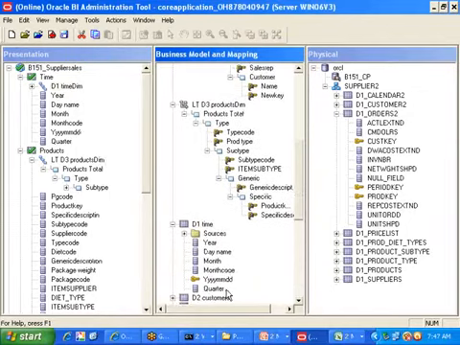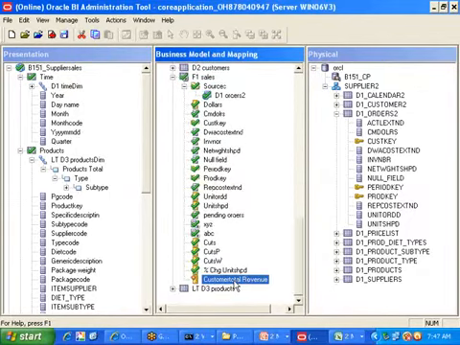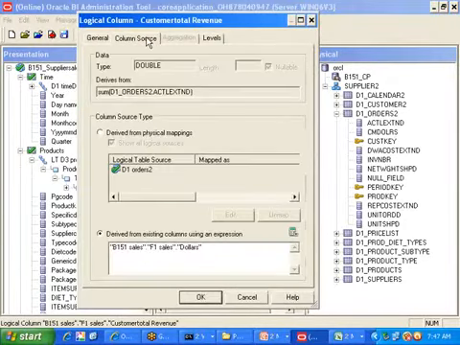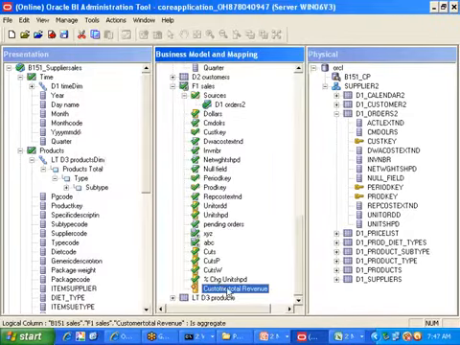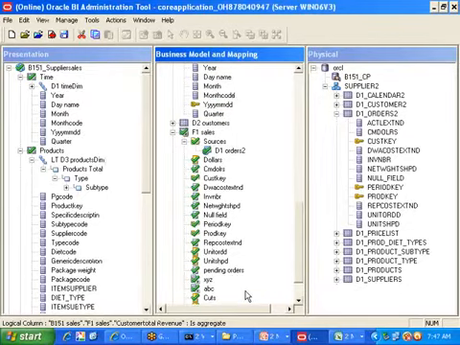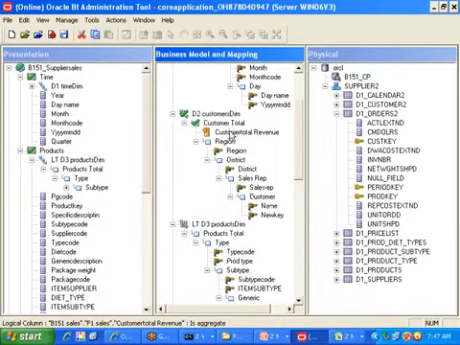If you see here, one column is created, that column is called Customer Total Revenue. Inside this, the definition is dollars only, but it is calculated at the level of customer total. Whenever you assign this customer total, automatically this Customer Total Revenue column will be associated with what, sir?